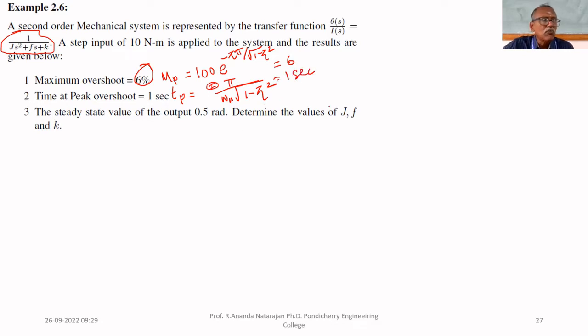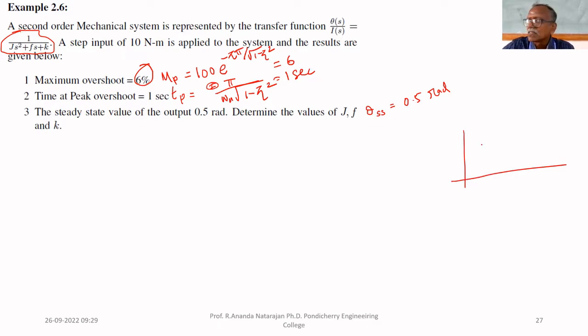Steady state value of the output, theta steady state, equal to 0.5 radians. It means, for this second order mechanical system,